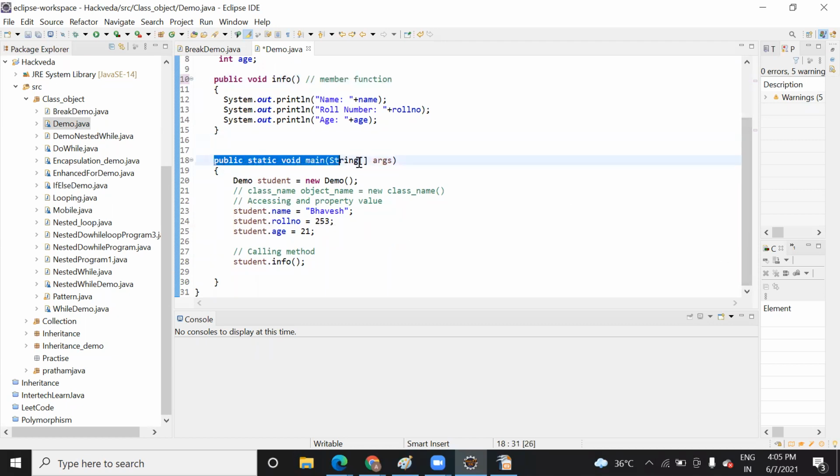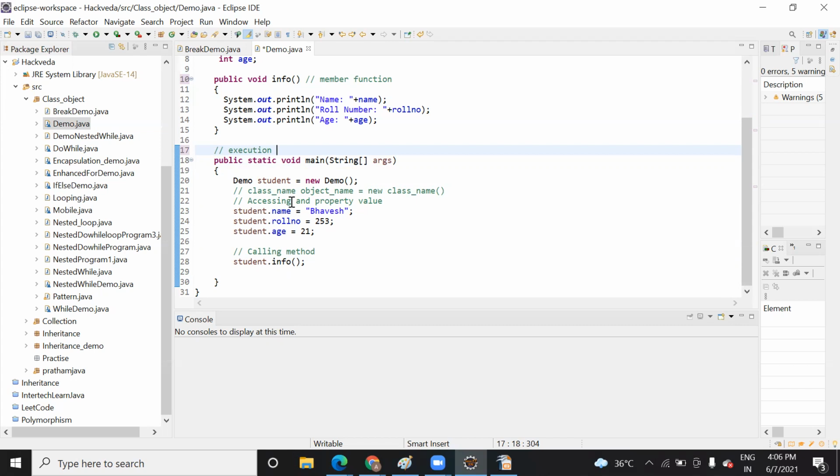You need to create the main function, and inside the main function you need to create the object of the class, assign the values, and call the method. This main method is responsible for the execution of the code. The execution of the program starts from main.